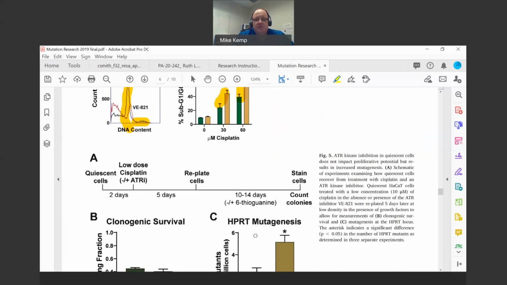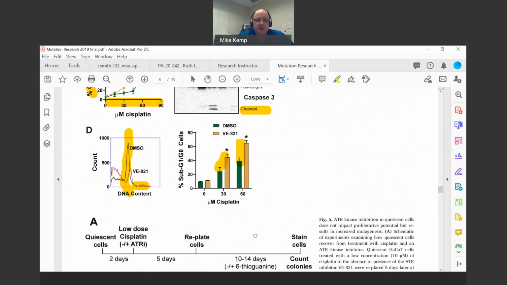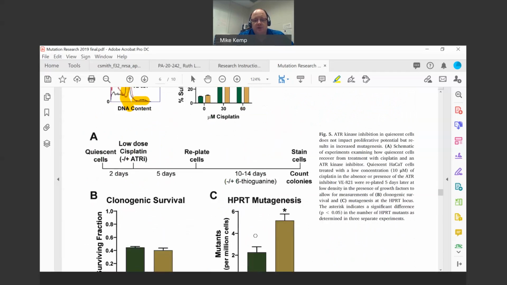What we're next curious about is that these assays are very short term, looking within a couple of days after cisplatin treatment. So we next wanted to look at long term. We designed experiments that could monitor the ability of quiescent cells to divide once induced with growth factors. We took our quiescent cells grown in the normal way, grown to confluence. We wait 2 days in low serum, then pre-treat with ATR inhibitor or not, and then expose to, in this case, a lower dose of cisplatin to avoid some of the toxicity that we would see. Then we wait 5 days to allow cells to recover.